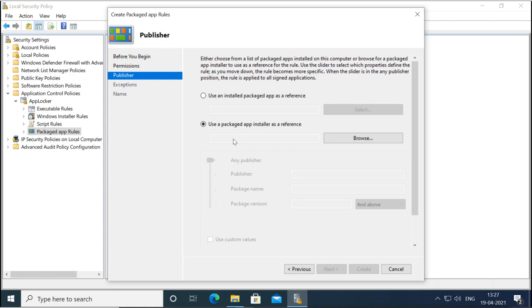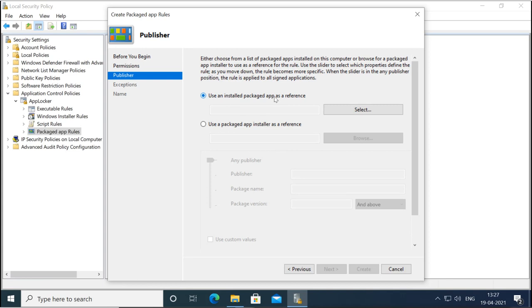Basically you will not have the packaged app installer, because the apps are installed directly from the store. Very rarely will you get the AppX installer from outside the Windows Store. So you will select the installed packaged apps.